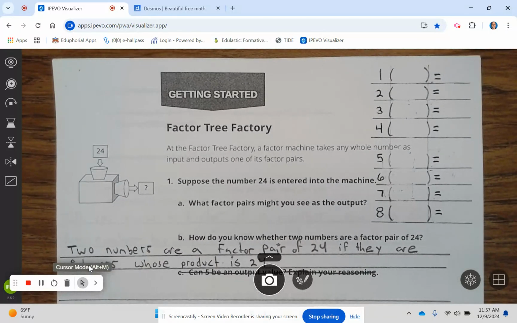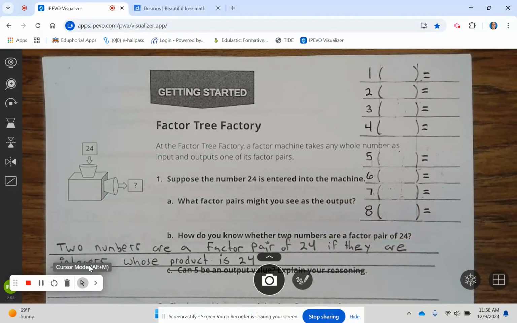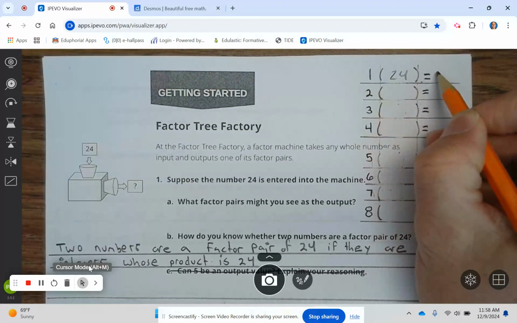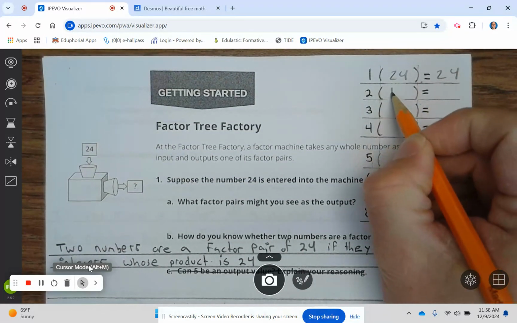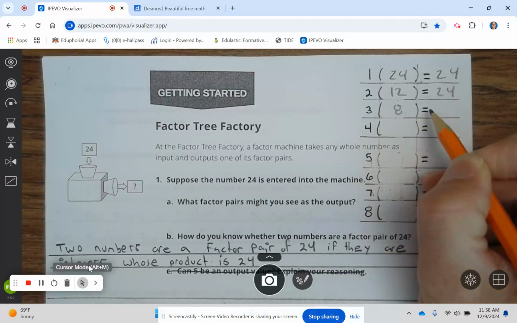Getting started. Factor tree factory. At the factor tree factory, a factor machine takes any whole number as input and outputs one of its factor pairs. Suppose the number 24 is entered into the machine. What factor pairs might you see as the output? Okay, so the outputs would be 1 times 24 is 24, 2 times 12 is 24, 3 times 8 is